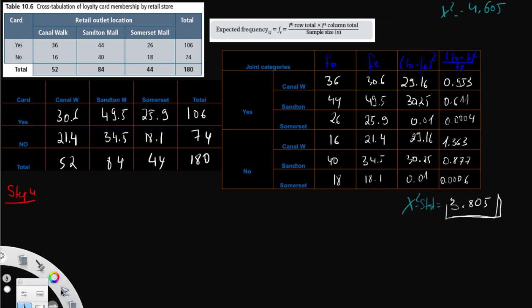Now let's look at this, and we will see that the sample statistic, chi-square stat of 3.805, lies within the region of acceptance